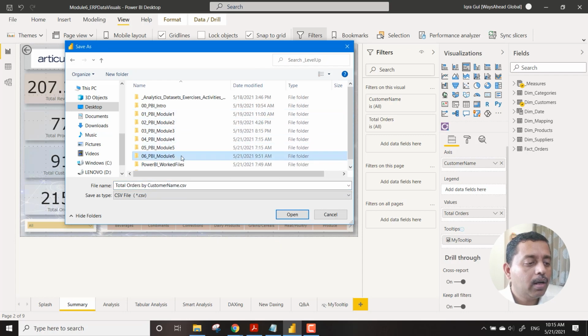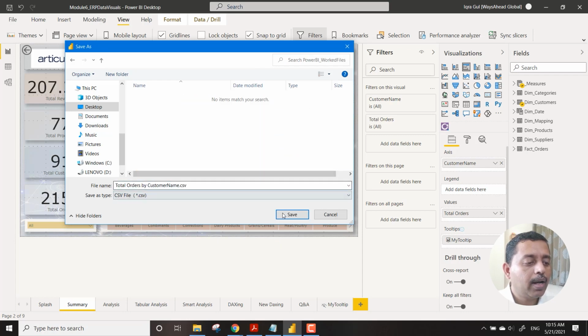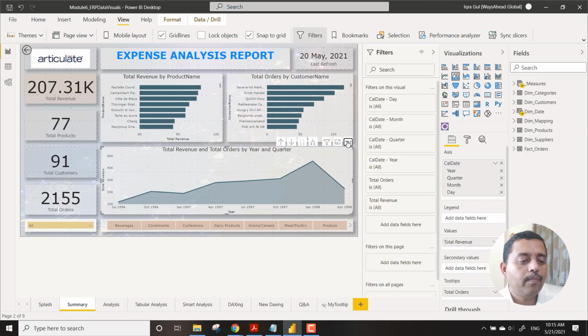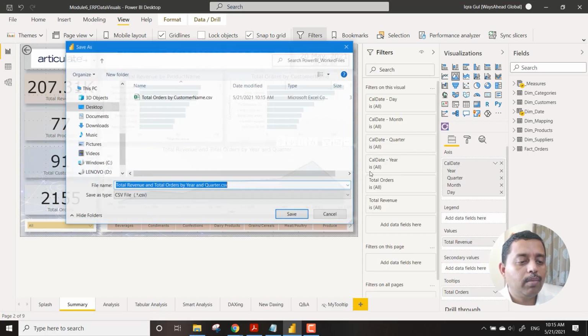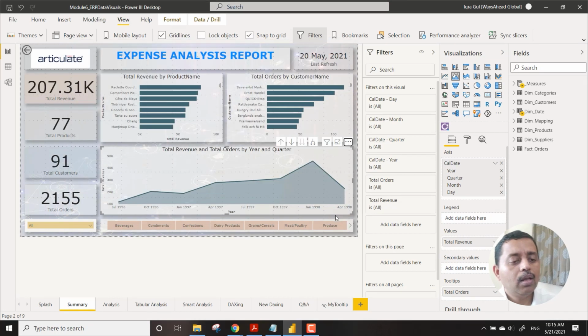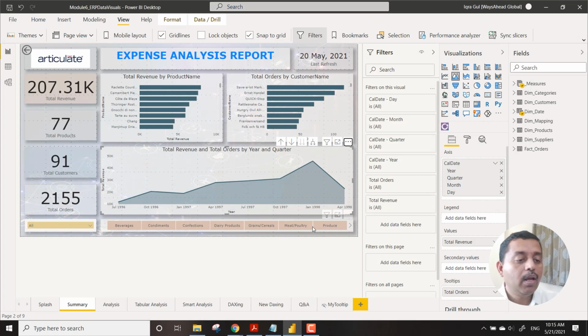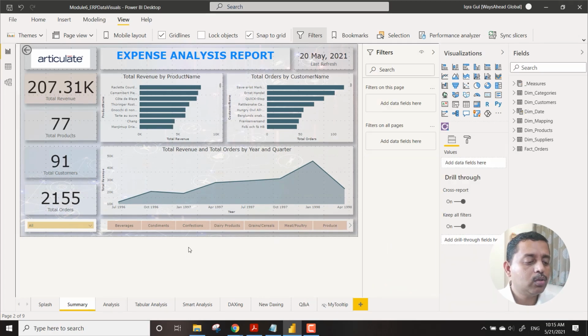I will get this data over here in my worked files. If the data has any underlying data points as well, it will bring you all the underlying data too. You can have the summary or the underlying data, both things you can bring in.